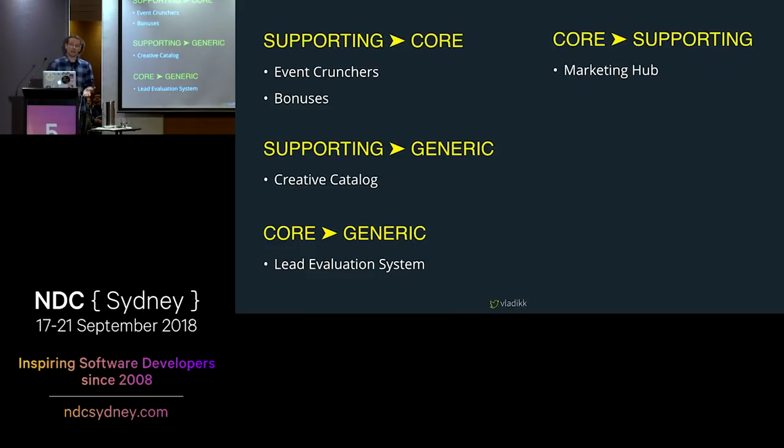We've also seen this in our marketing hub context. What started as a core domain ended up being a supporting domain, since the competitive edge here resided in a completely different dimension. And of course, we have quite a few examples in our industry of companies that turned generic domains into their core business. For example, Amazon and their AWS cloud.